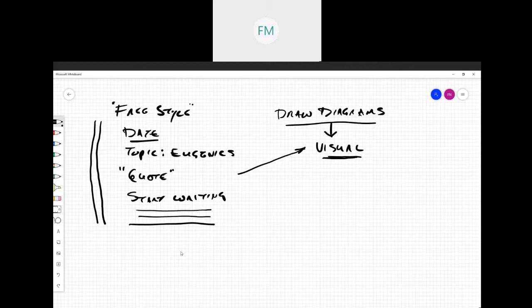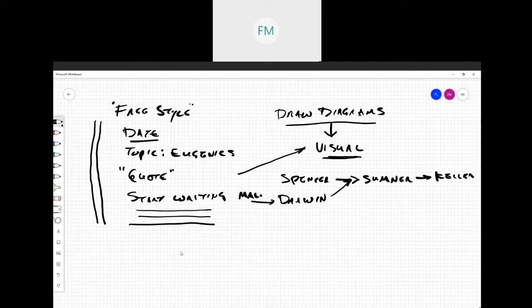And they can be as simple as, okay, we know that Darwin was influenced by Malthus. We know that Darwin, even though Spencer wrote before Darwin, we know that Darwin had an impact on Spencer. We know that Spencer, in turn, had an impact on Sumner, Sumner on Keller, and so forth. And in my journal, you will find Spencer,